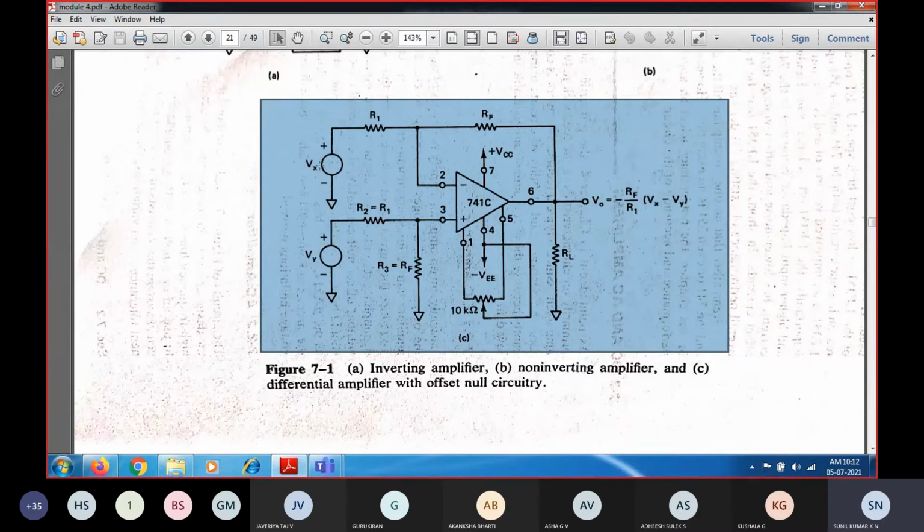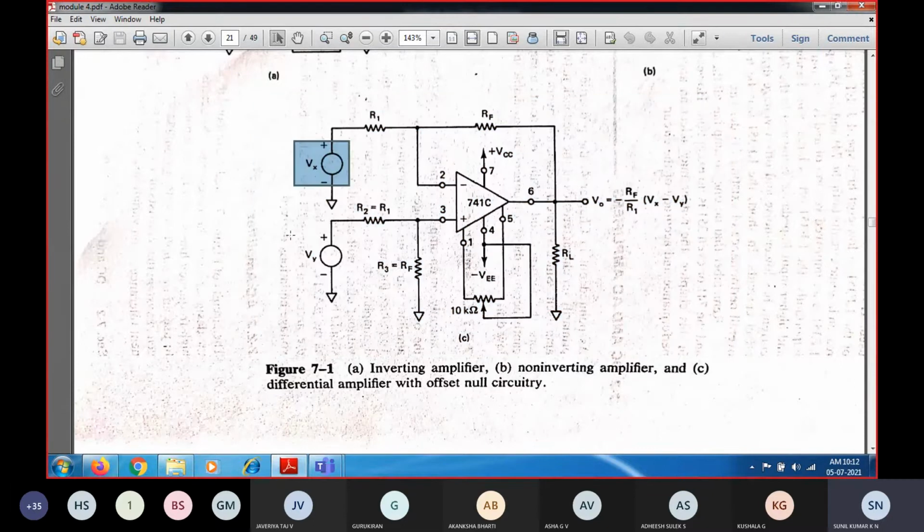When you apply both Vx as well as Vy, the circuit is going to work as a differential amplifier, so that the gain of the amplifier is nothing but this, minus Rf by R1, which we will see in the next session. This will be the gain, multiplied with the difference between the two input signals. Whatever input voltage you apply at the two input terminals, it is going to take the difference between these two and provide it at the output. Hence this circuit is called a differential amplifier.